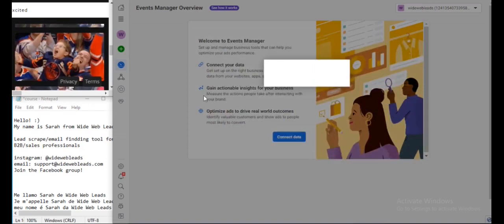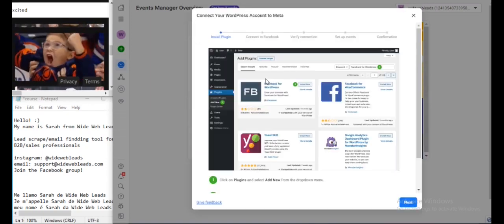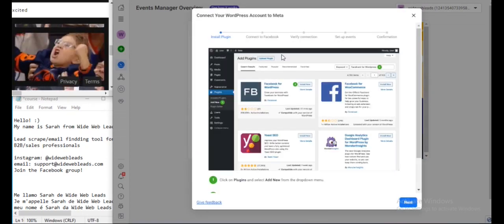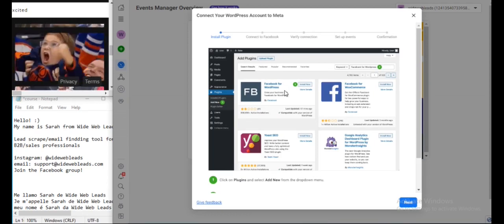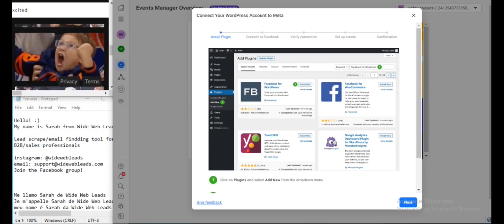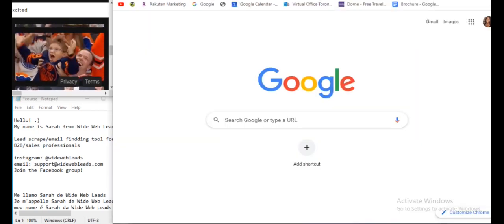All right, so they already know that it's with a WordPress site. So now they're telling me the steps to do. So I go to my plugins, I install Facebook for WordPress. Okay, let me do that now.